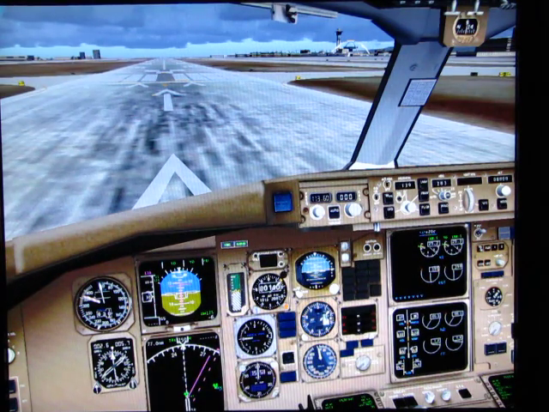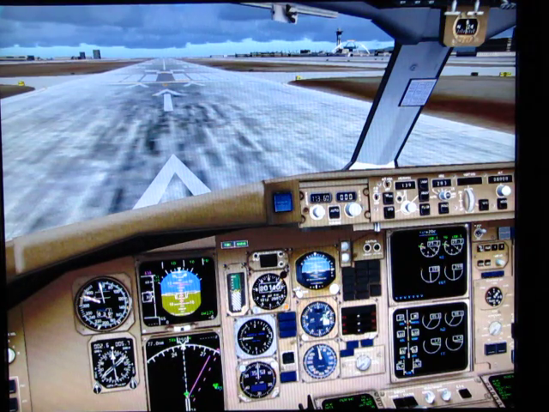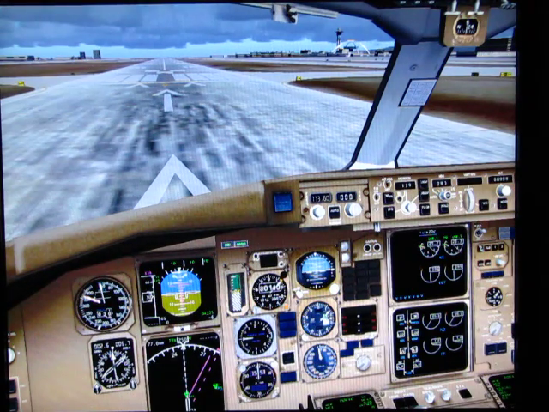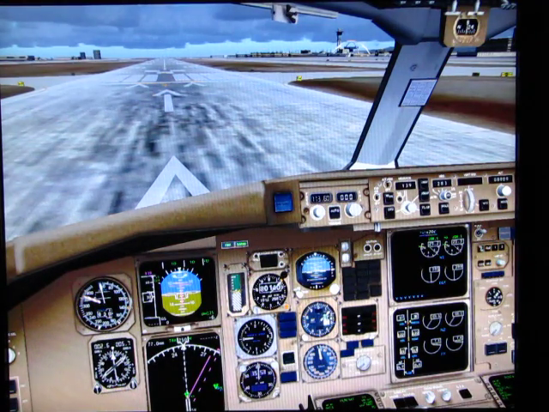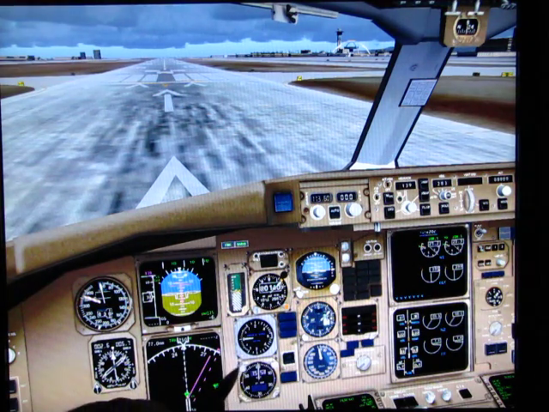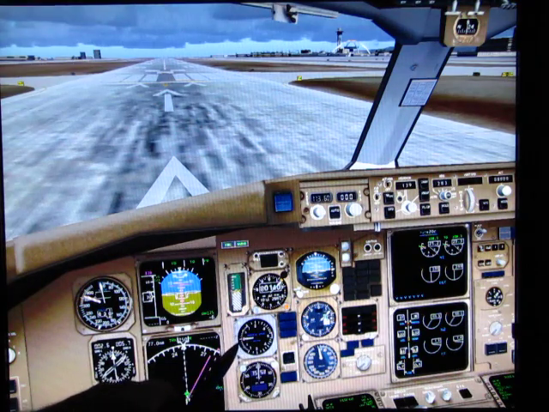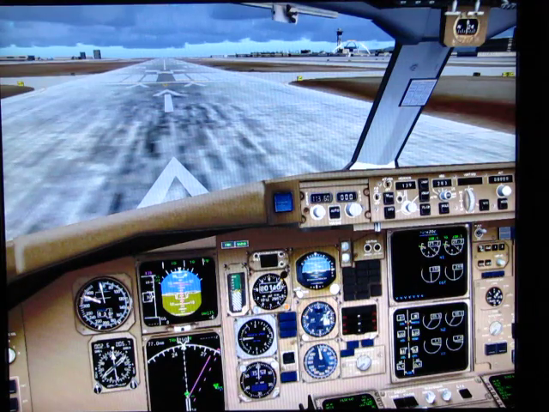I'll pull back on the yoke, and the aircraft will assume a nose-up attitude, but not too severe an attitude so as to cause a tail strike. But we'll go ahead and wait at that point for the aircraft to lift up off the ground. Once we have a positive rate of climb, which will be indicated by a positive vertical speed on this indicator here, then we'll know we're off the ground, and we'll call for gear up,